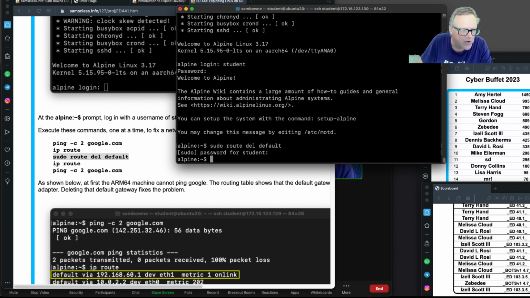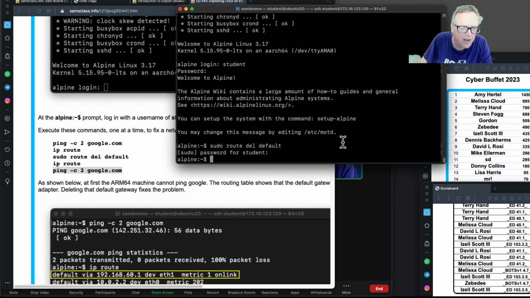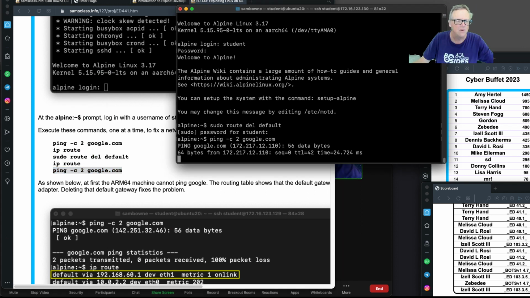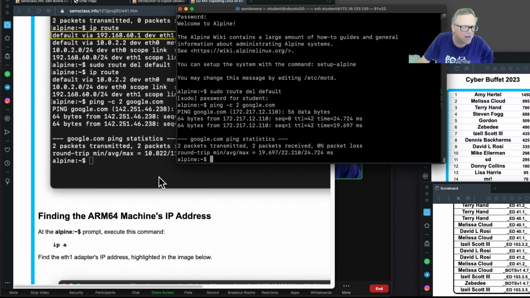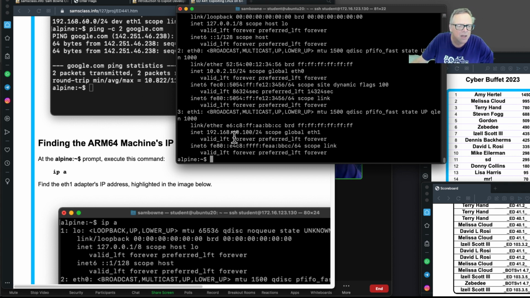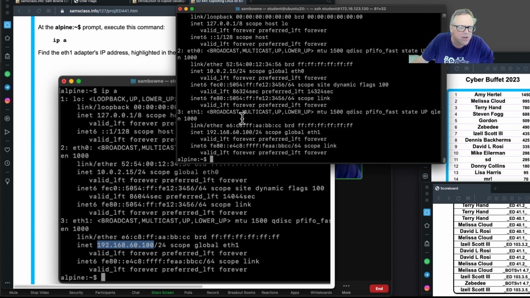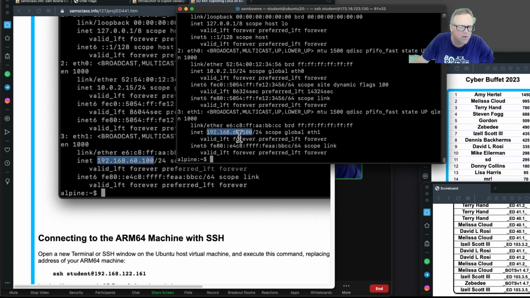All right, and that should have fixed it, and I should be able to see that it fixed by running the ping. Good. All right. So the networking is fixed. Now we'll find the Alpine machine's IP address, which is the eth1 adapter, the local host one, and that's the one we want to SSH to. Yep. So I'll copy that